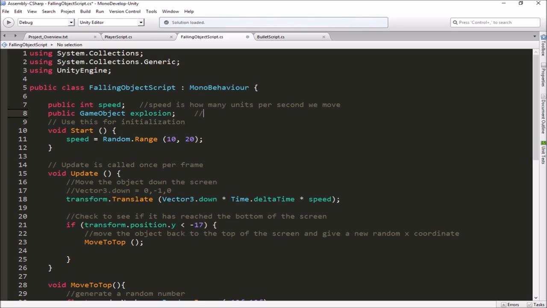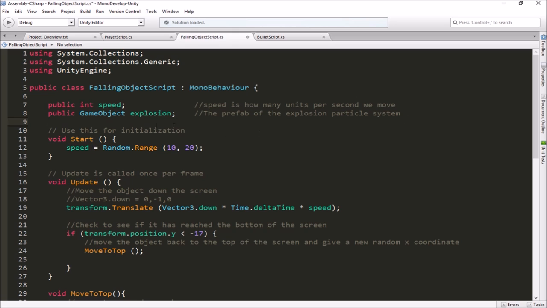And then we'll put a little note on here. This is the prefab of the explosion particle system. So there we go. And let's line that up a little bit. Okay, and we'll make a space here just for readability. So now we have that there. So let's save our script, and let's go ahead and get that linked in through the inspector before we